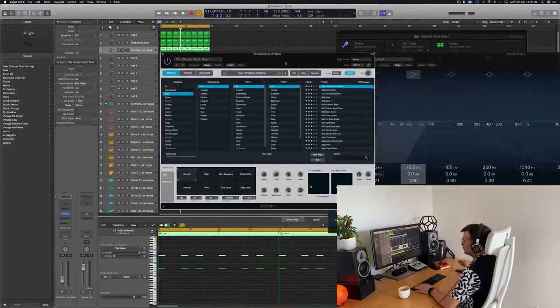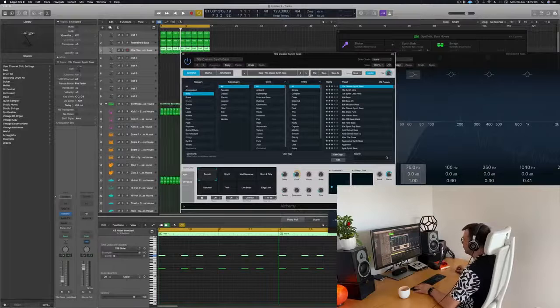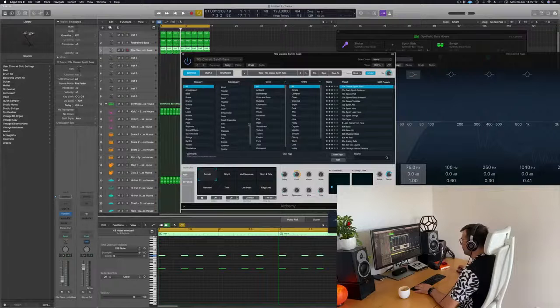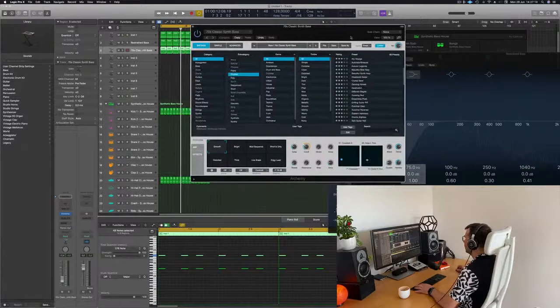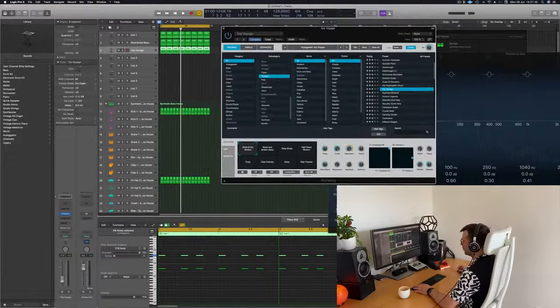I had the idea of a Sasha expander, like kind of plucked thing. I'm not sure I'm gonna find that here, but I'm gonna have a look. I think there's a plucked thing here, and then maybe we'll have something interesting to play with.